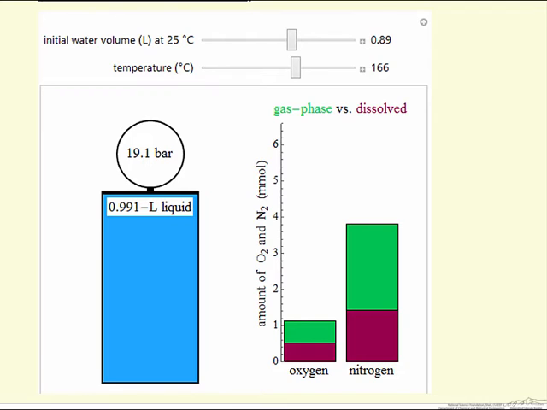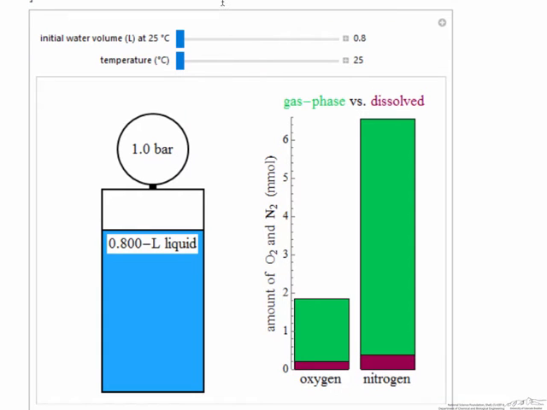The rest is in the gas phase, and it's hard to display a gas volume with this large a liquid volume. This mimics the procedure used, for example, when zeolite crystals are grown from solution, where an autoclave is sealed and put in an oven and raised to a significant temperature to allow the chemical reactions, the synthesis, to take place. So let's look at this simulation to see the behavior of the system.